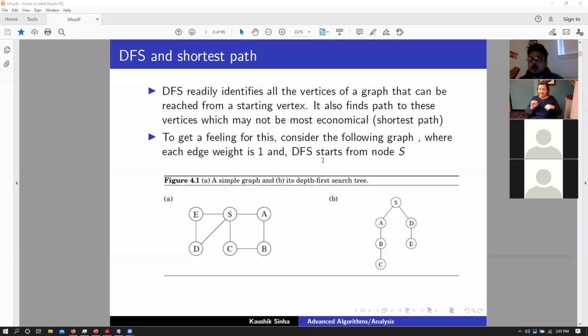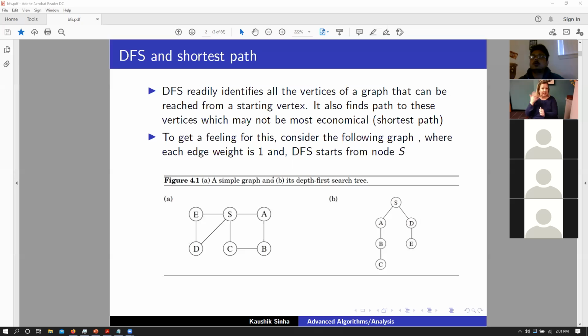We also talked about how we could use DFS to sort a particular graph in the order of parent and child relationships using topological sorts, and how we could use that algorithm to find strongly connected components in a graph, or finding all the cycles in a particular graph, right? So today we are going to talk about a few other algorithms.